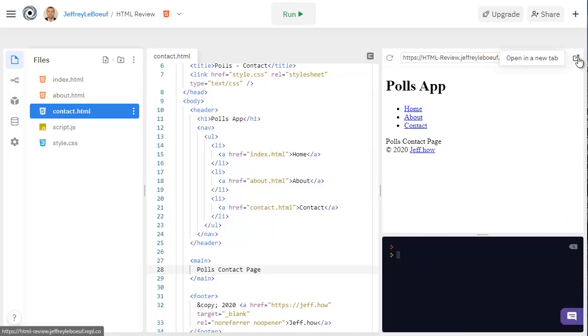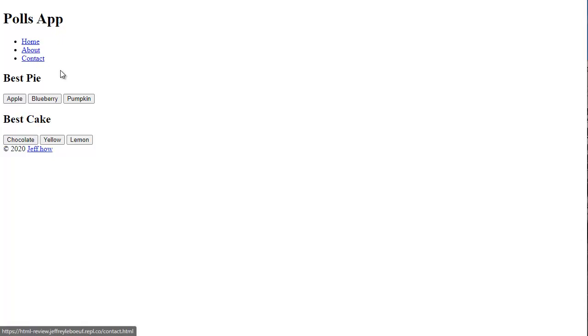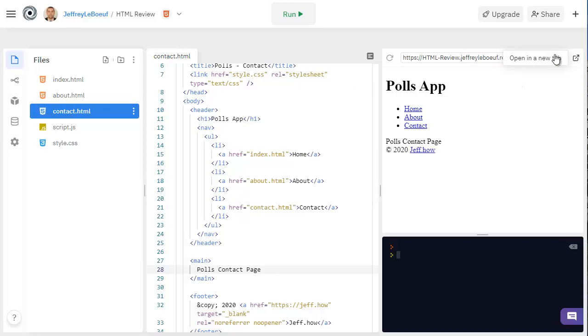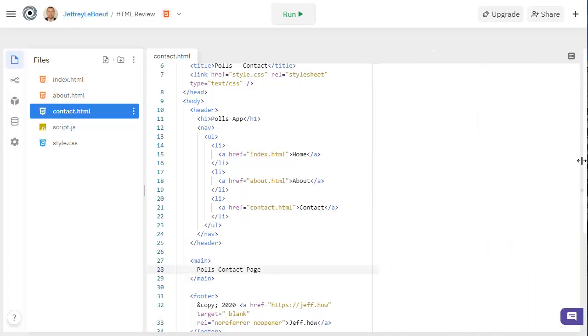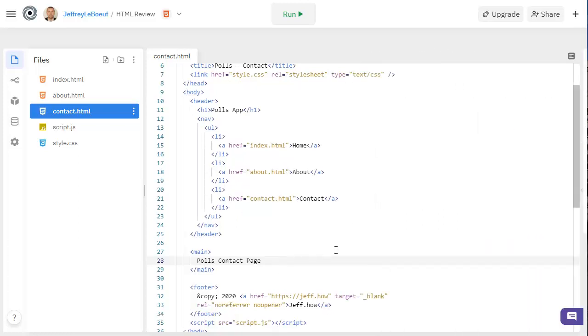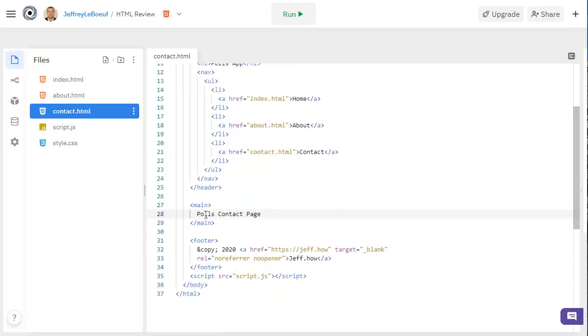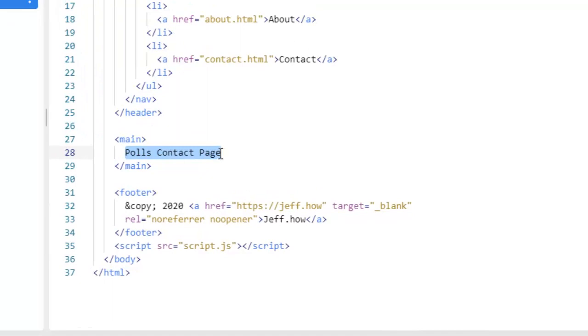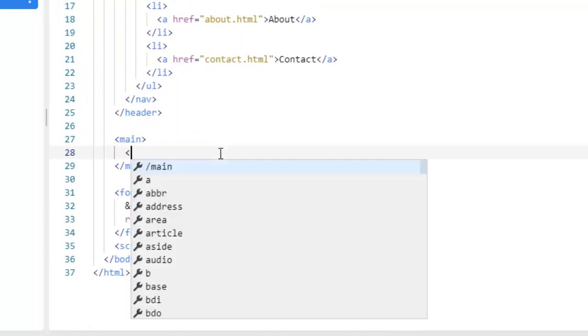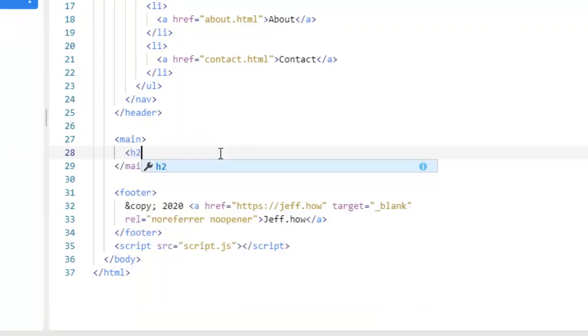What I'm going to do is open up my preview in a new tab, and this will make it a little easier to preview my website as I start editing the contact page. So now I'm going to expand that tab, this frame, so that I can see my code a little bit better. So in the main, I'm going to create a header for this page. I'm just going to say contact us